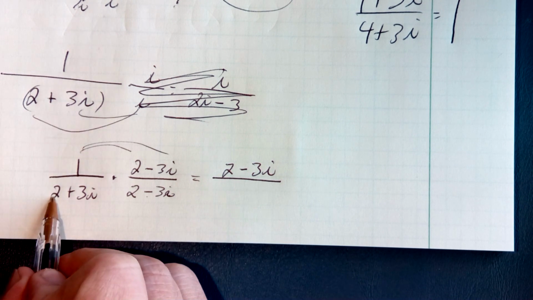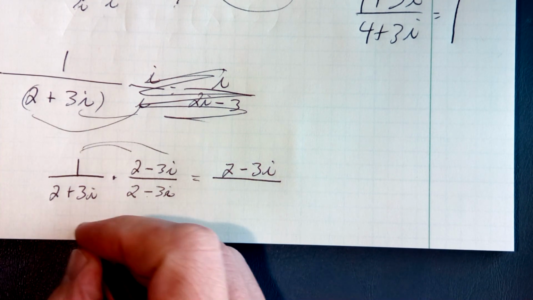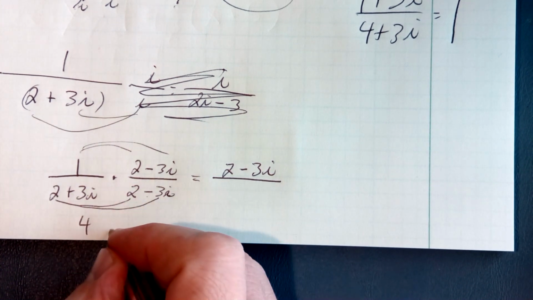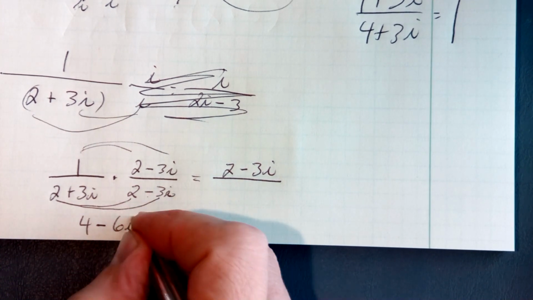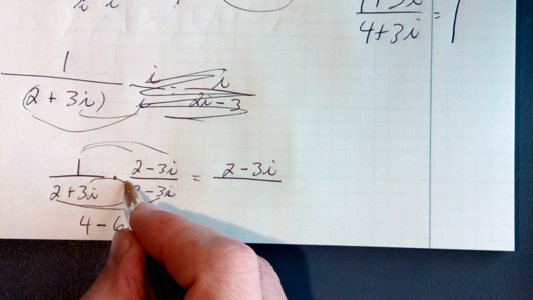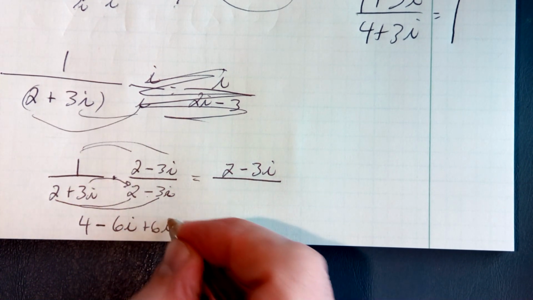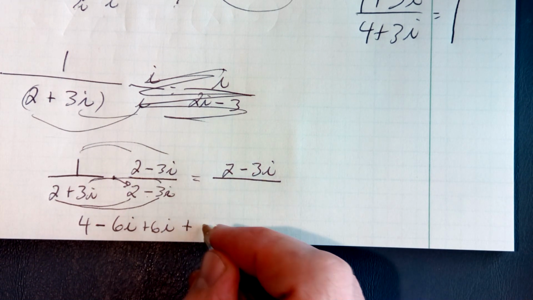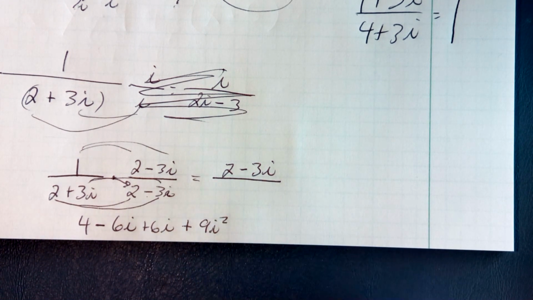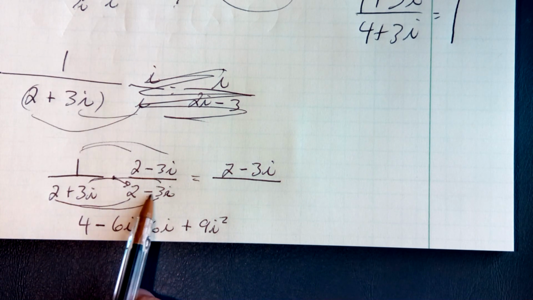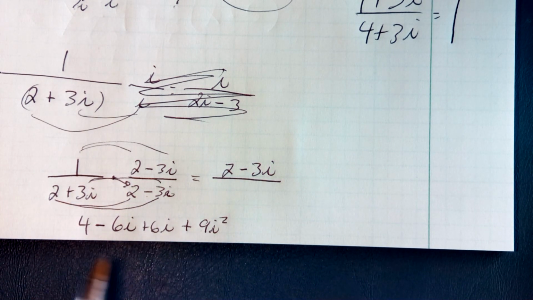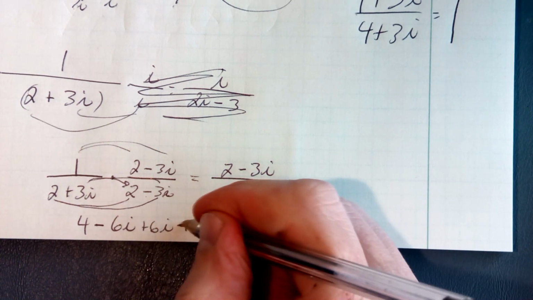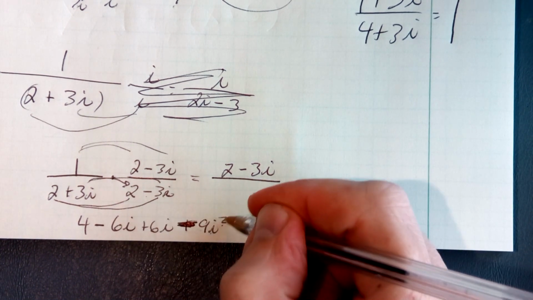But now here, 2 times 2 is going to be 4. So I'm going to distribute, and now 2 times negative 3i is going to be a minus 6i. 3i times 2i is going to be a positive 6i. And 3i times a negative 3i is going to be a positive 9i squared. Positive 3, negative 3, that's my, whoa, sorry, not a positive. Positive times a negative, that's going to be negative, but then the i squared, which is another negative 1, again,